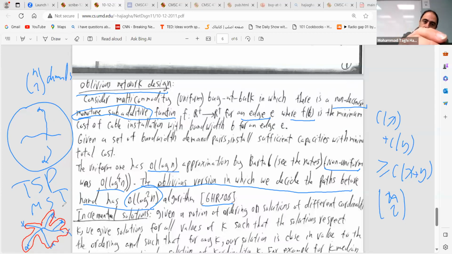instead of doing this part, you find a matching between the odd-degree vertices here. Then you can say that the cost of this matching is at most half of the optimum solution, because if you have the optimum, you can create this matching one way or the other between these odd-degree vertices. So this matching,